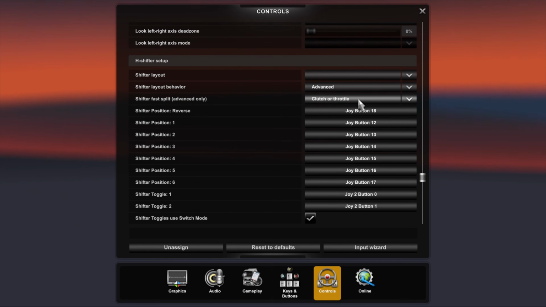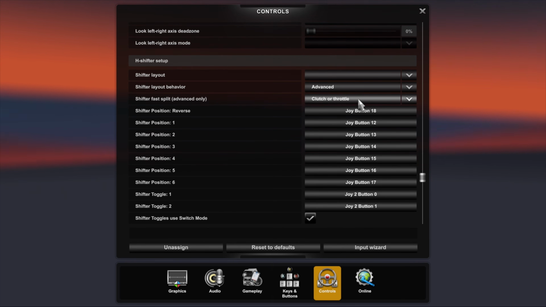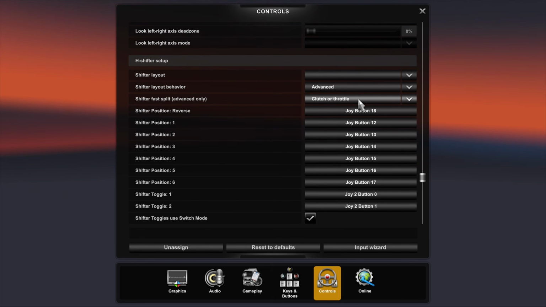So when gearing up, I just release the throttle, change gear, making sure that I'm matching the revs. Gearing down, I use the clutch to gear down. All right, so